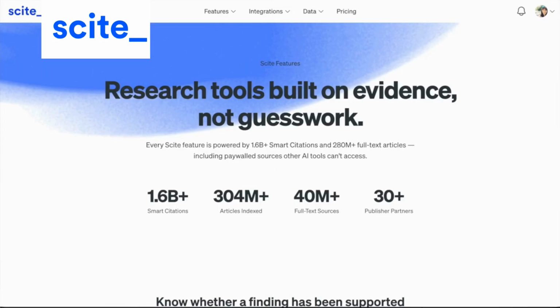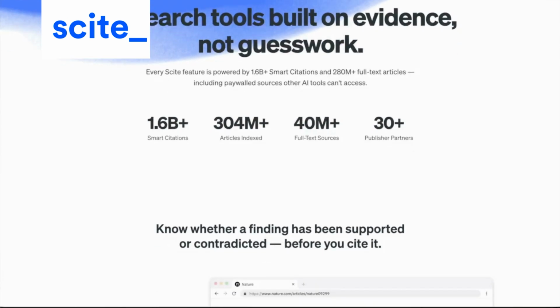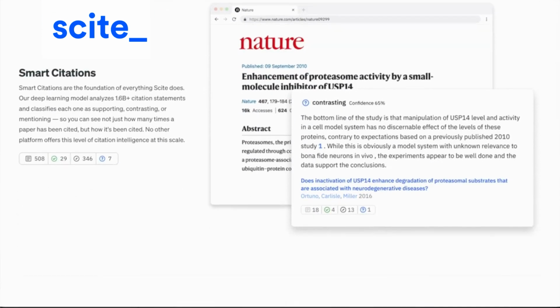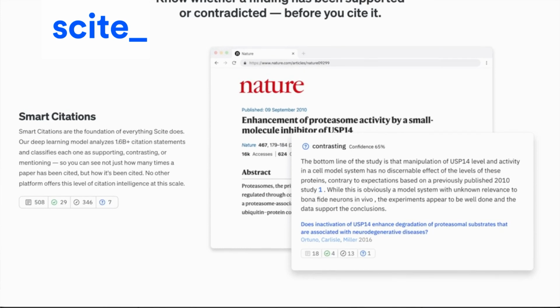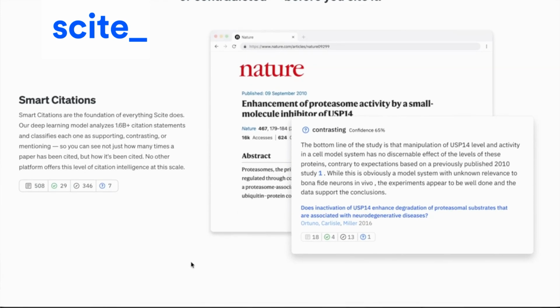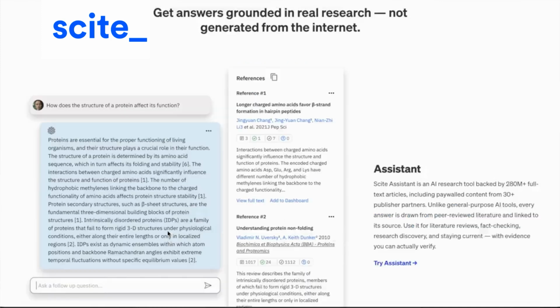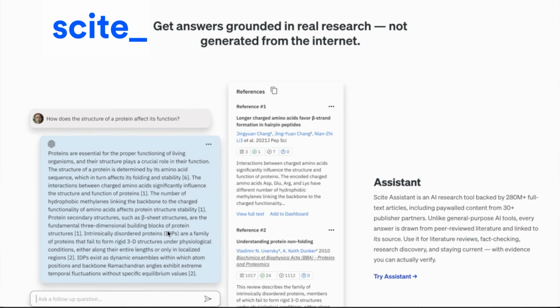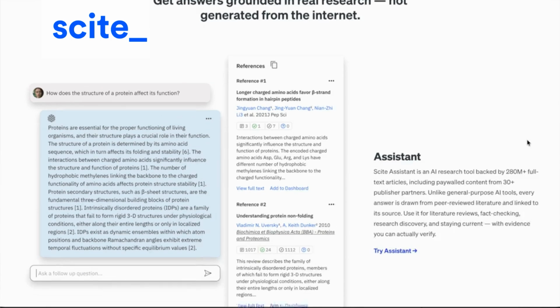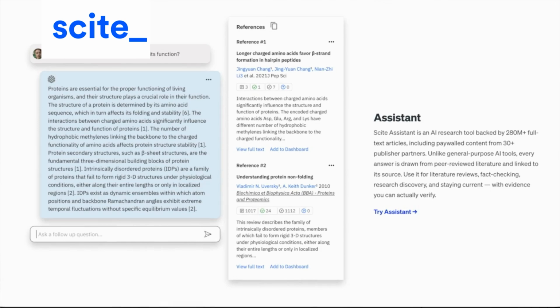The main features of Cite AI include smart citations. I think it's one of its biggest and most important features because it basically tries to use sentiment analysis to categorize the citations that individual articles receive. And as it says, you can see not just how many times a paper has been cited, but how it's been cited. You can also use its chat function to ask questions in natural language, not just searching for keywords